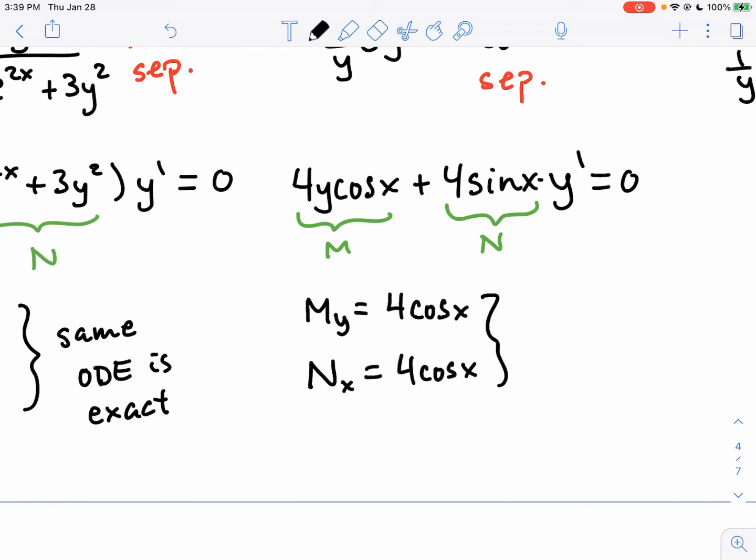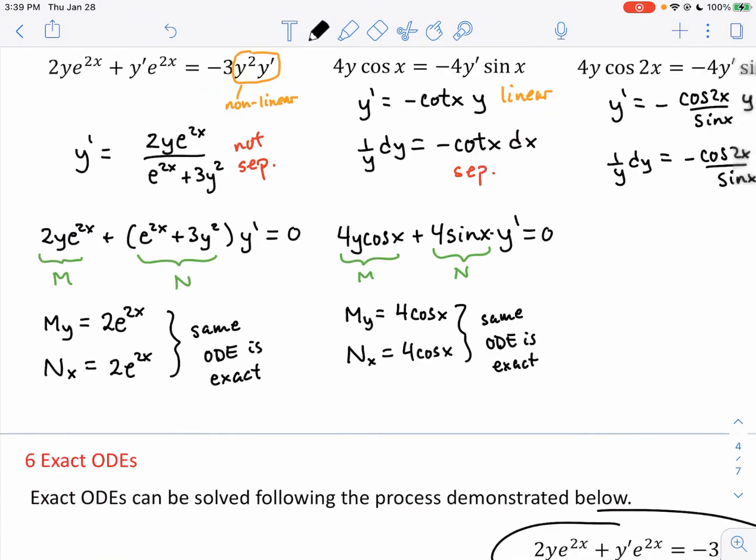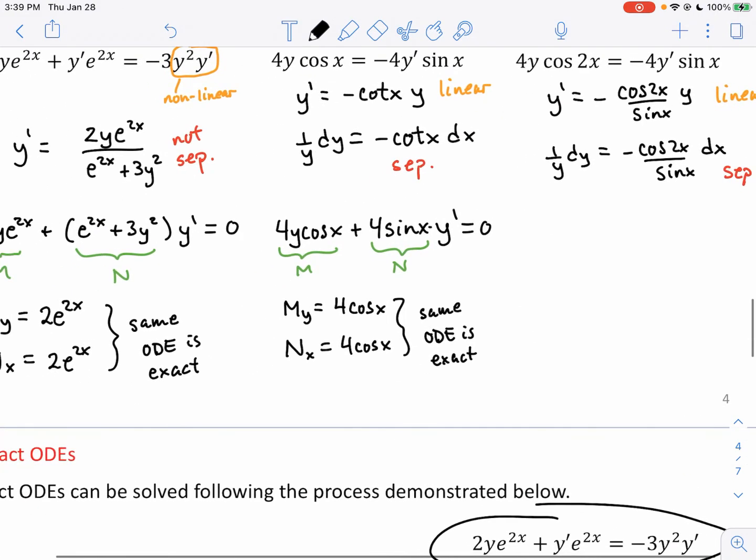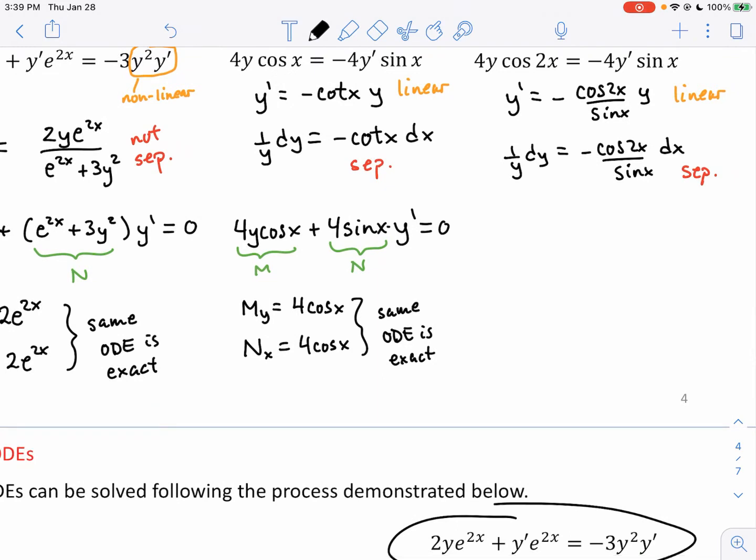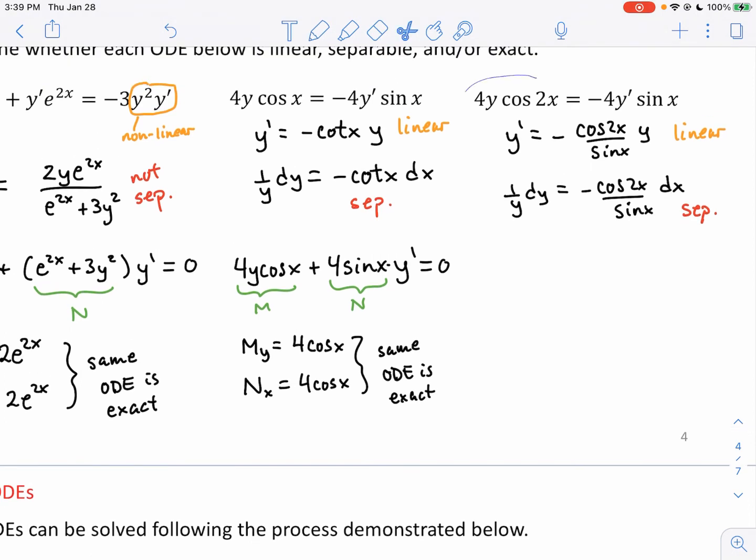So once again, these are the same, which means that our ODE is exact. So you can see it's a rather easy test. As long as you don't mess up your partial derivatives, it's a rather easy test to determine whether your ODE is exact or not. Just got to do a little bit of tweaking of this so that you get it